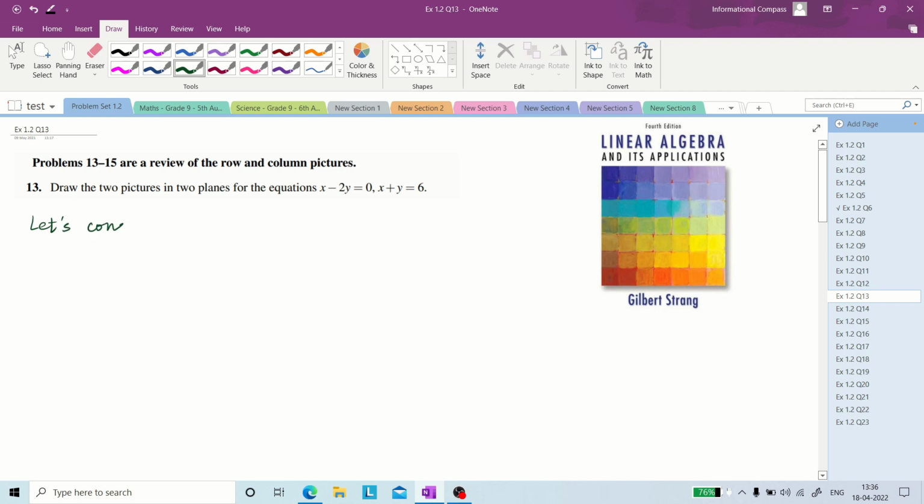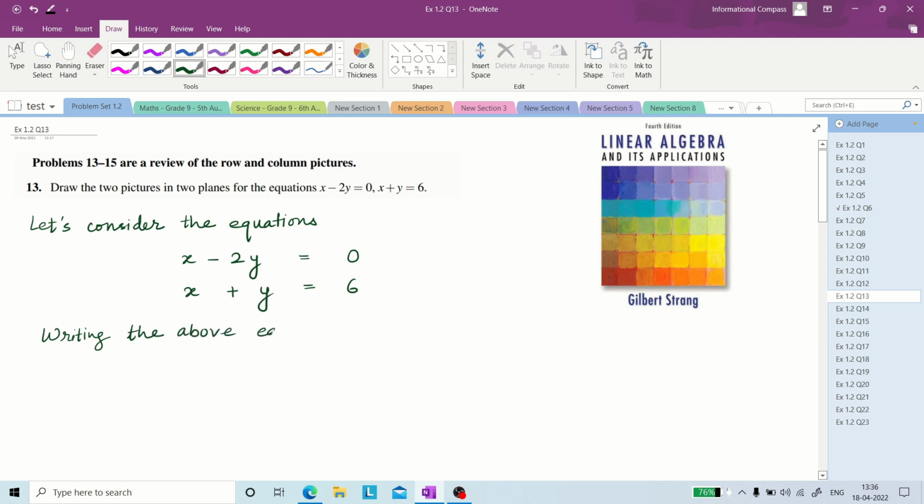Let's consider the equations x minus 2y equal to 0 and x plus y equal to 6. So we'll write them down into matrix form. So, writing the above equations